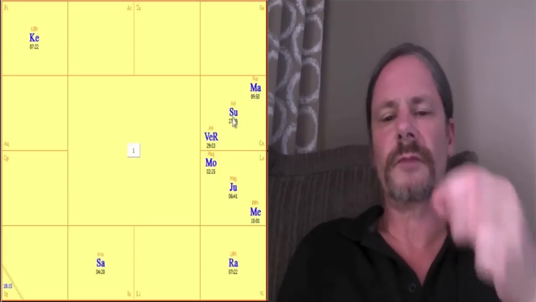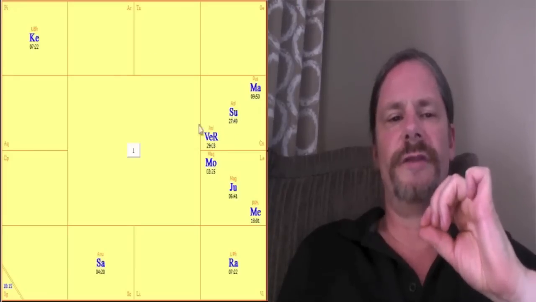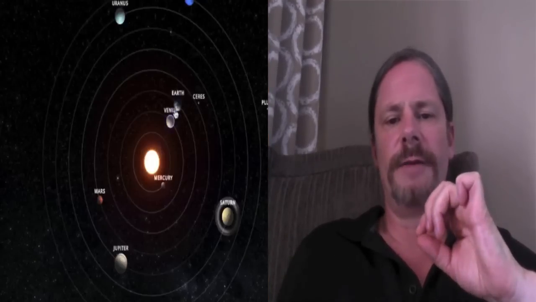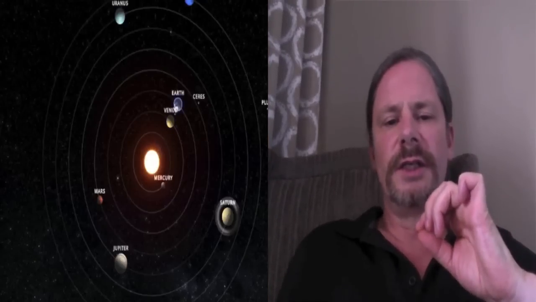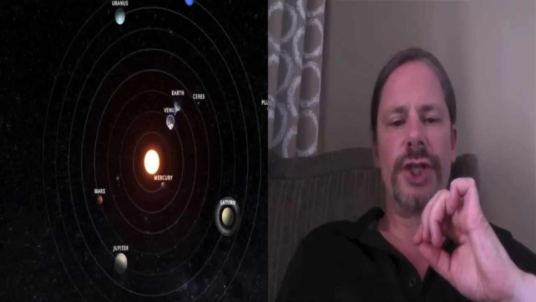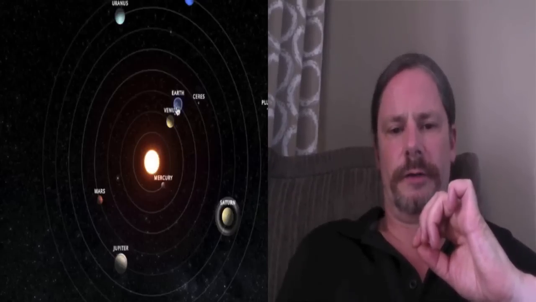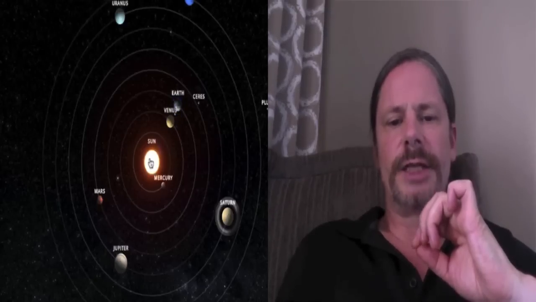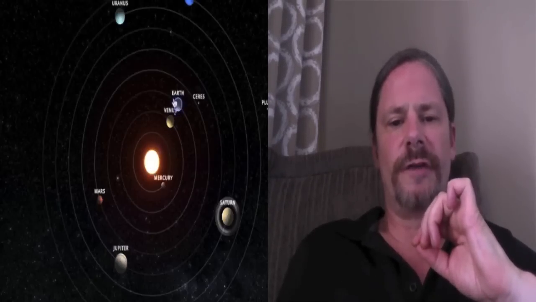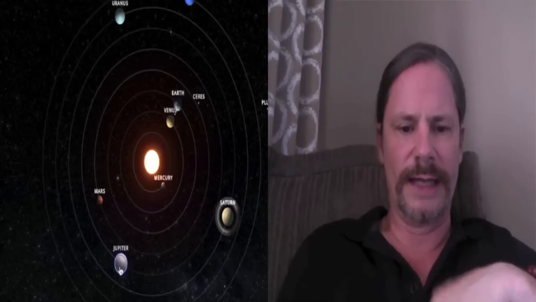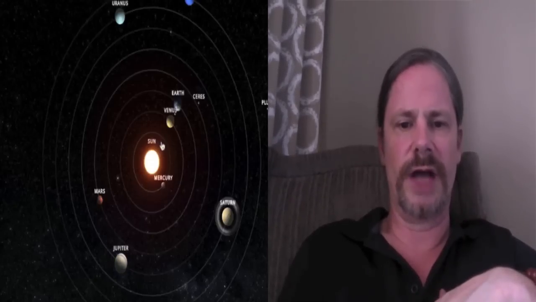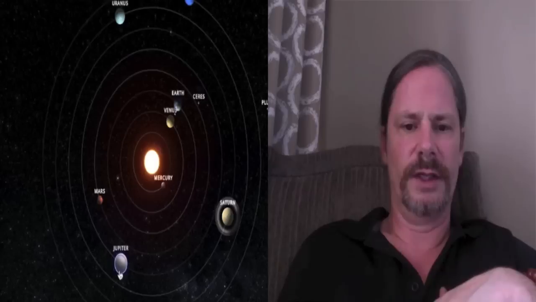But what's important to know is that when Venus is combust and retrograde, you can kind of overlook the combustion because it's so close to the Earth. And combustion is typically when planets are far away from the Earth. So let's look at this and see. When you look at this diagram, you see that Jupiter is